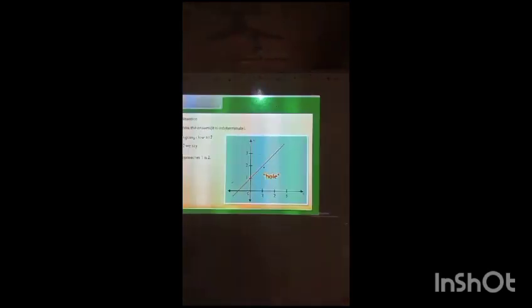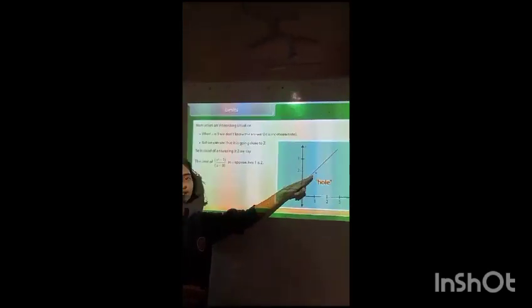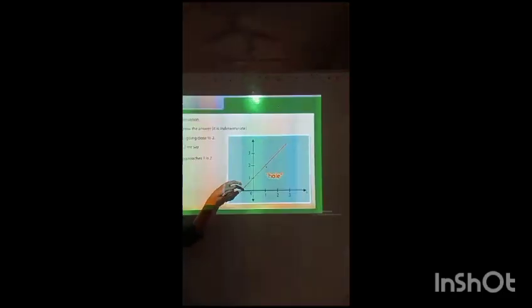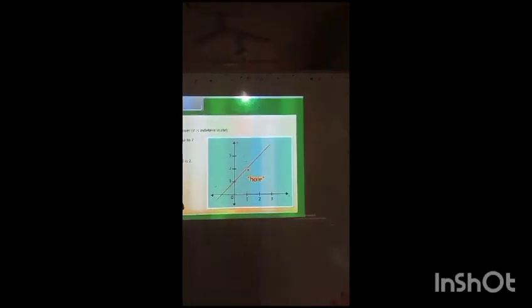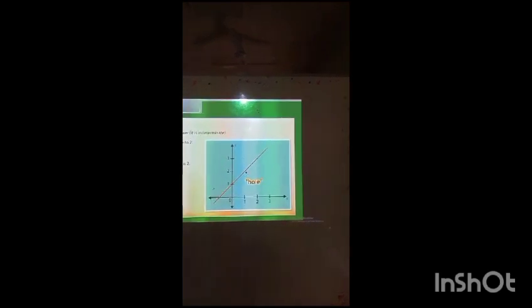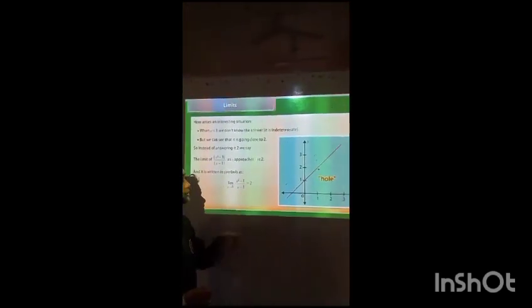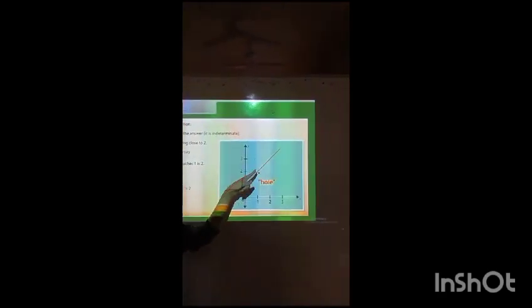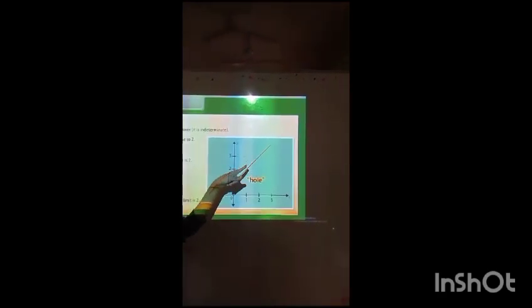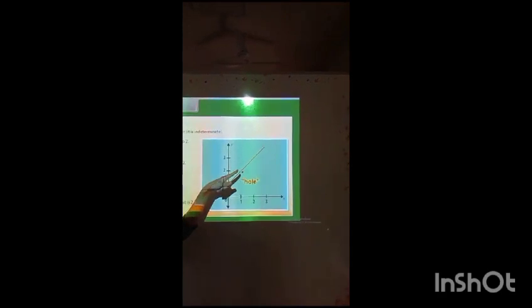We do not directly answer it as 2. The reason being, if we substitute the value directly, we get an undefined value. So we say that the limit as x tends to 1 for the given function is equal to 2. Similarly, we can do it for the right hand limit also. As we proceed from the right hand side, we again come to the value 2.